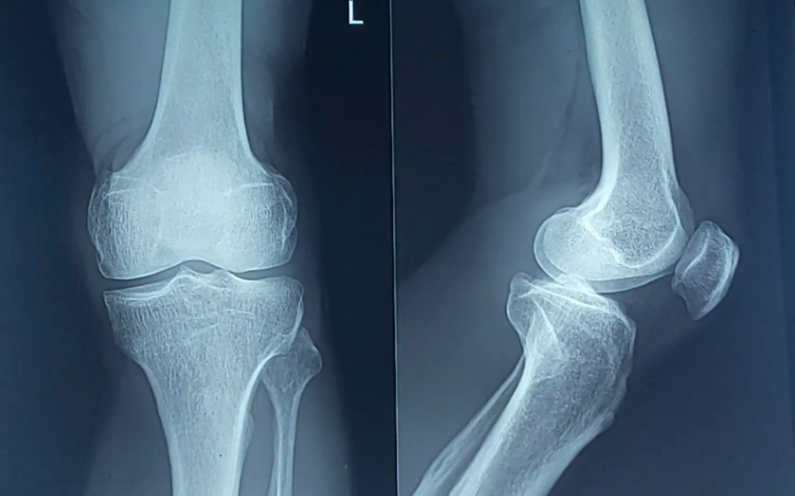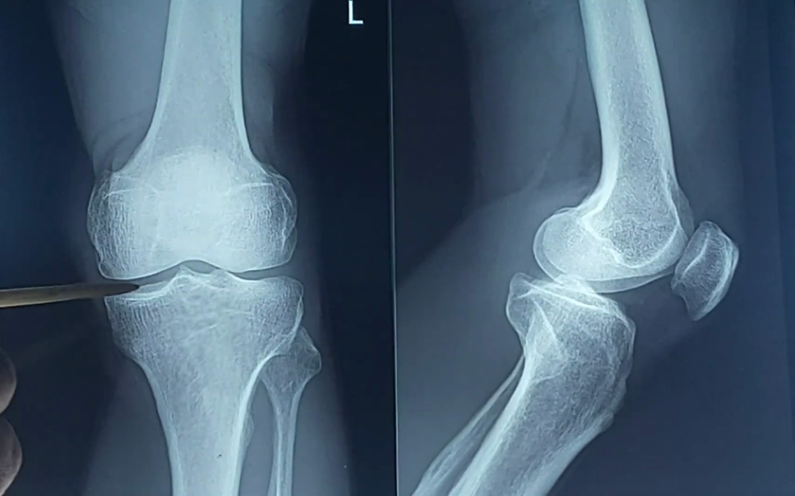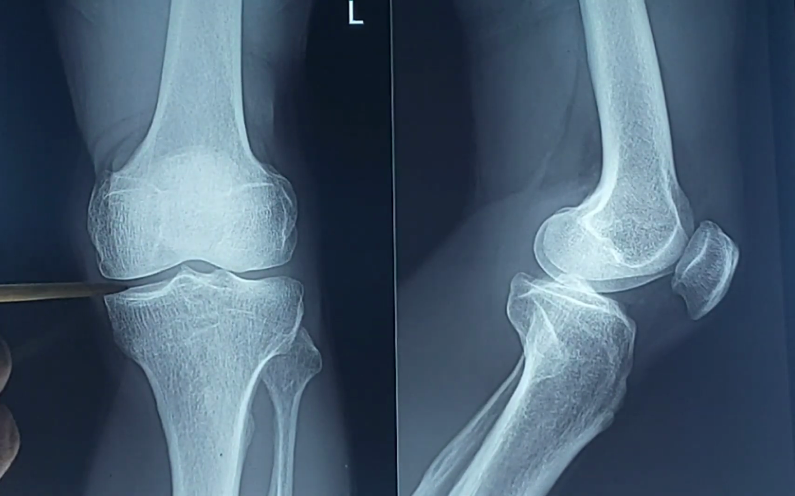From anterior to posterior, the structures are the anterior end of medial meniscus, then anterior cruciate ligament, then anterior end of lateral meniscus, then posterior end of lateral meniscus, then posterior end of medial meniscus, and then posterior cruciate ligament. So these 6 attachments are there from anterior to posterior, and we will get meniscus over the medial condyle and